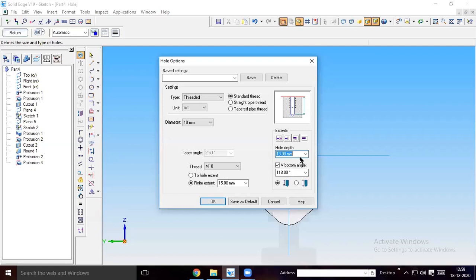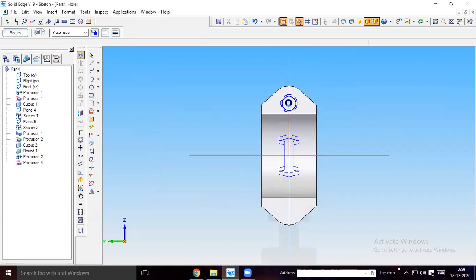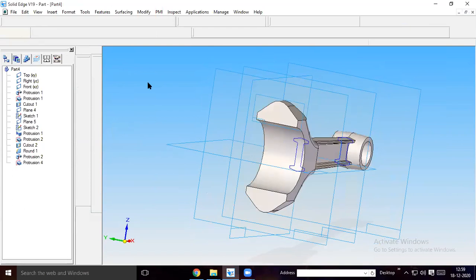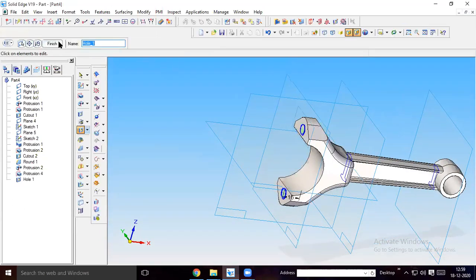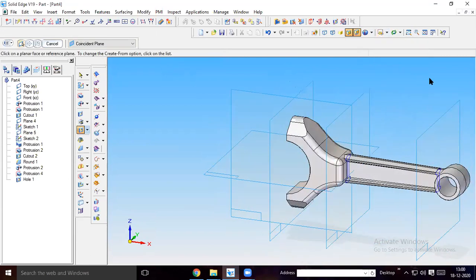Say 1 mm more than that. That will be the whole depth. Say okay. Then place it here. You can mirror this over here. Then you can delete this construction line, then return. Show the direction. Finish. Is anything left in the body to see?